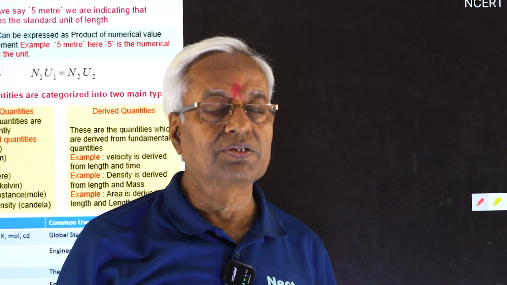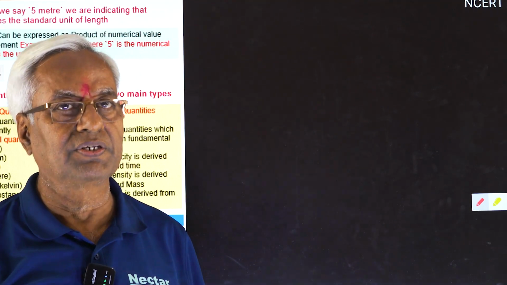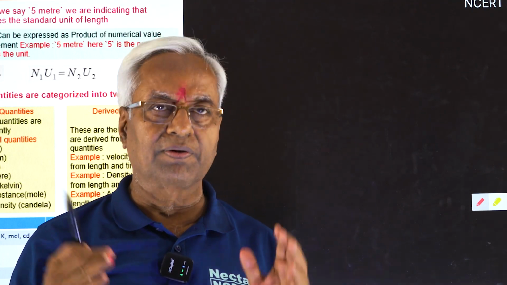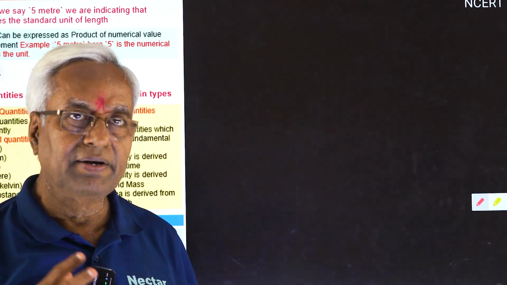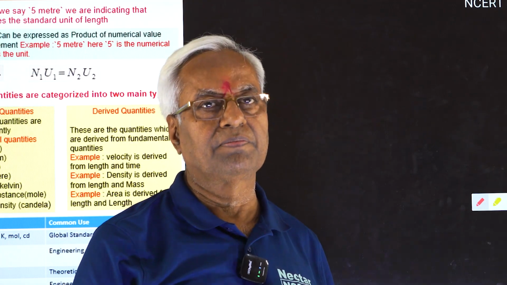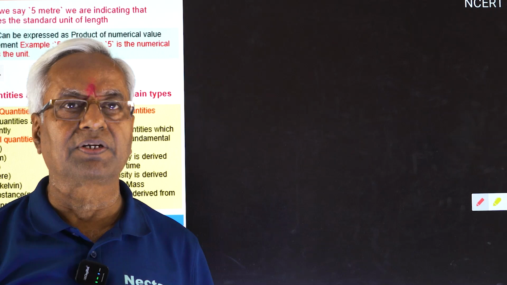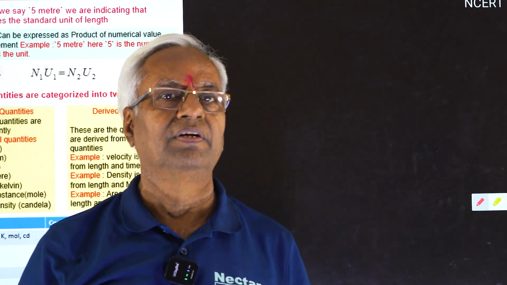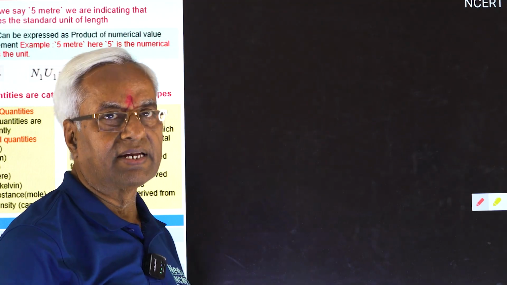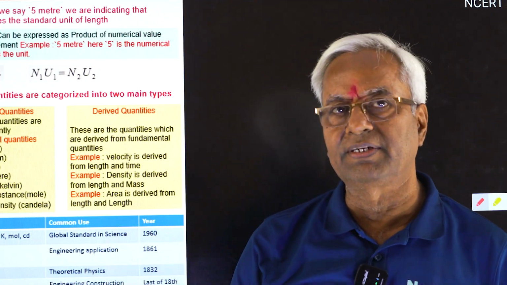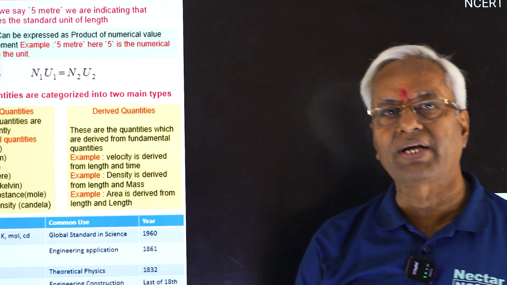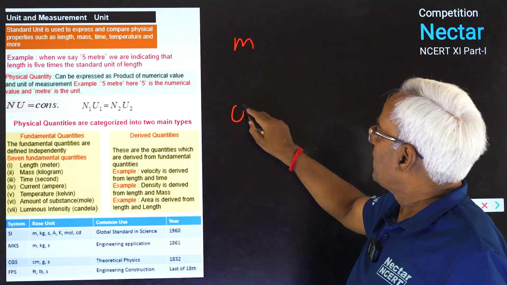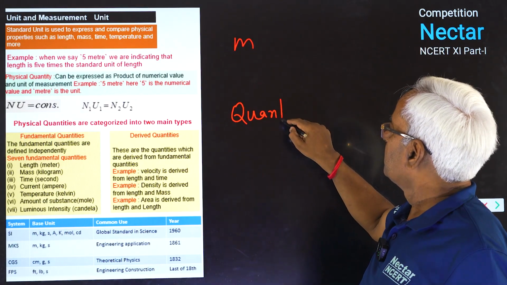It comes to quantities. There are two types of quantities. One is fundamental, the other is derived. You may have any number of quantities in physics. Fundamental quantities are 7 in number. These fundamental quantities are quite independent of each other, means they have got nothing to do with each other. These are 7: mass, length, time, temperature, electric current, luminous intensity, and quantity of substance. You must be clear that when we say mass and when we say quantity of substance,